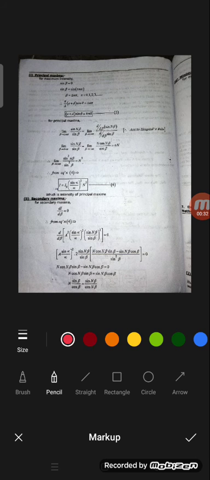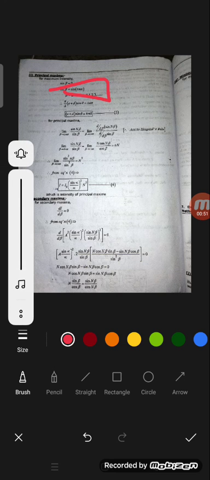As sine beta is 0, it indicates that sine beta will be 0 in the cases of both plus and minus 180 degrees. So beta is equal to plus or minus n pi, where n equals 0, 1, 2, 3. We know the value of beta: beta is equal to pi (e plus d) by lambda into sine theta, equal to plus or minus n pi. On both sides pi and pi get cancelled. So (e plus d) sine theta is equal to n lambda.